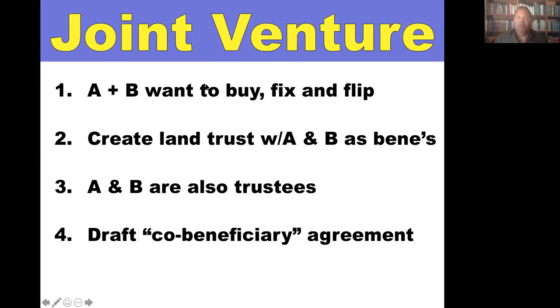Vincent asks, what do you think about using a trust and a family limited partnership to hold assets under a land trust instead of an LLC? I don't like using a family limited partnership directly under a trust. I would do multiple layers there. So land trust 1, land trust 2, land trust 3, land trust 4, separate properties. The beneficiary of the first 2 is an LLC. The beneficiary of the second 2 is another LLC. And then both those LLCs are in turn owned by a family limited partnership. Okay? If you missed that one, email me, Vincent. I'd be happy to go over that with you.